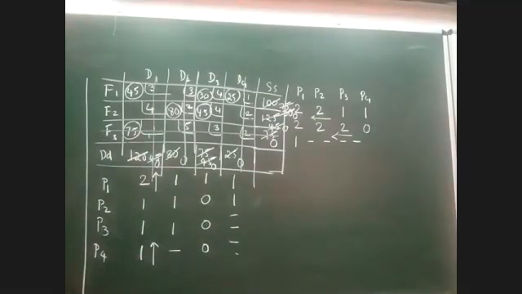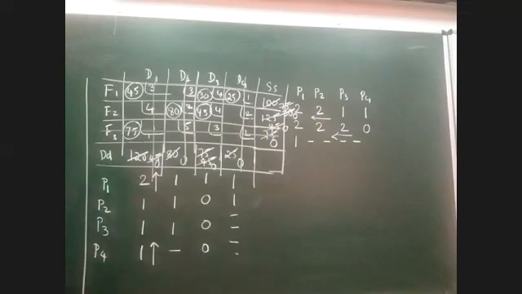So in Vogel's approximation method, or in any method in a transportation problem, the process will be completed when all demand and supply become 0. That is exactly what has to be achieved. Since everything is 0 now, we can directly go for calculating the initial basic feasible solution. Can anybody please tell me how to calculate the initial basic feasible solution now? How do we calculate that? You are supposed to multiply the allocated value into the unit transportation cost. If you multiply and add all of them, that will give you the initial basic feasible solution. So let me start solving it.